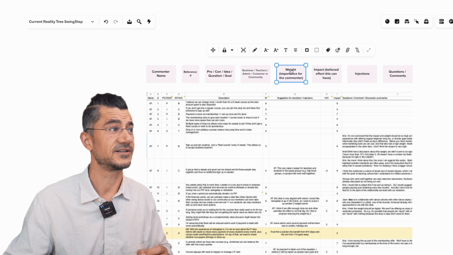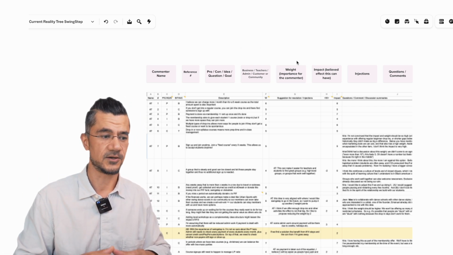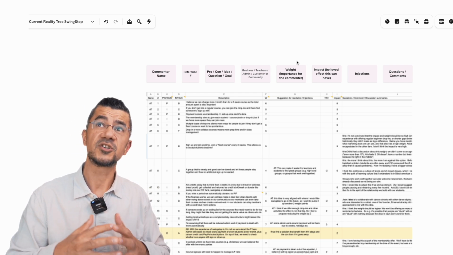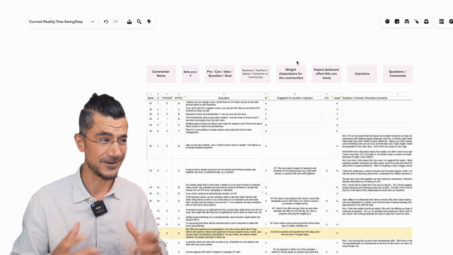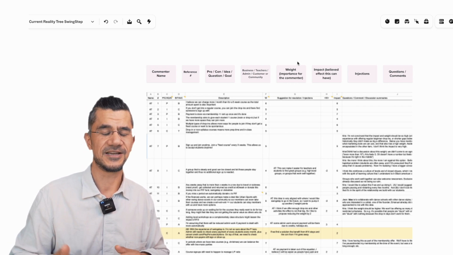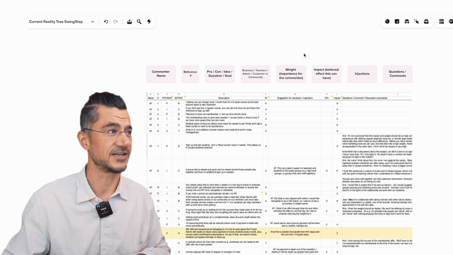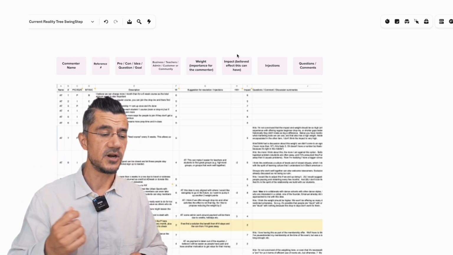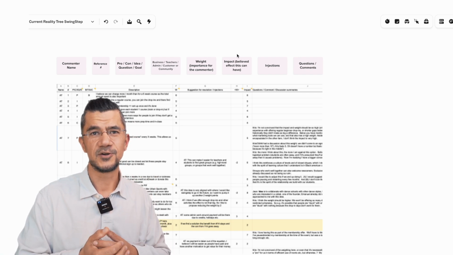And one of those unclarities is, how important is this for you? When you're mentioning this thing as a con or as a question, is this I'm just curious, or is this like, if this doesn't go right, I'm out of here, right? What's the weight of it? So you just ask people to put a number that indicates, I feel strongly about this, or I just want to check this out. Then you do the same thing on the other side, where you put a number on whether you think this can have a huge impact, or you think this could be a thing.